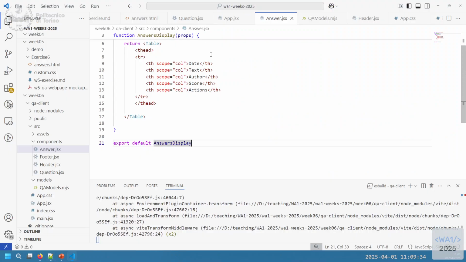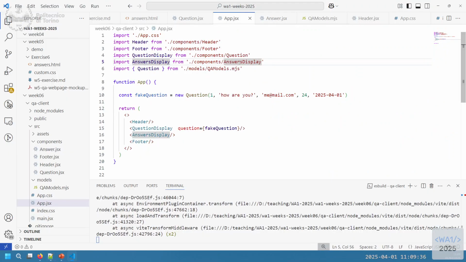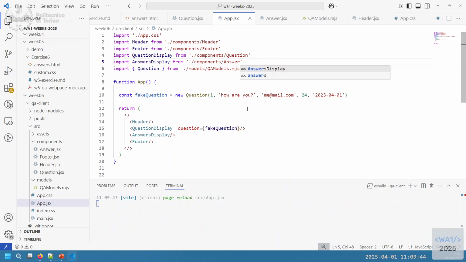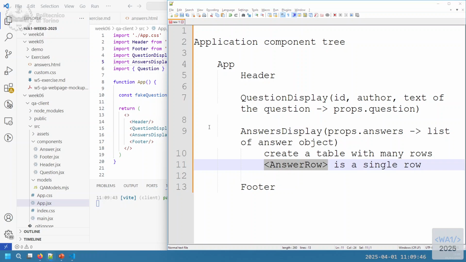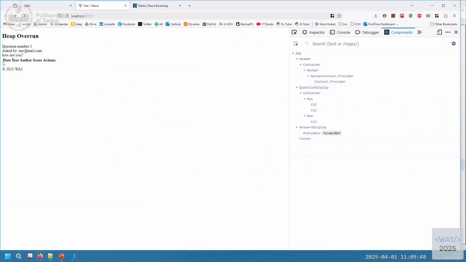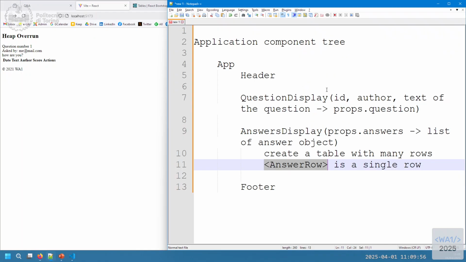No, sorry, now the completion is just answer without the S. Okay, so we have the header of the table here, which is the static text. And the point where I wanted to get is that after the table,